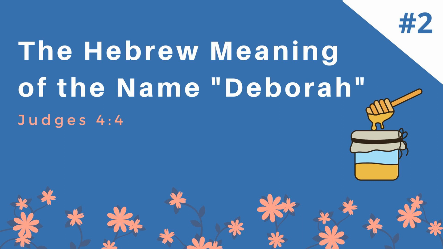Today I wish to speak to you about the meaning of the name Deborah in Hebrew. The name Deborah in Hebrew is Dvorah. The word Dvorah is written in 5 letters: Daled, Bet, Vav, Resh, He. In our previous conversation, we were speaking about the root letters of the name Dvorah, which is Davar, which